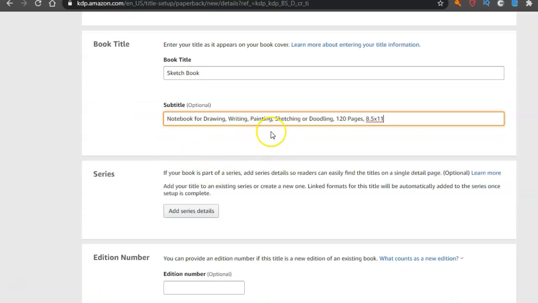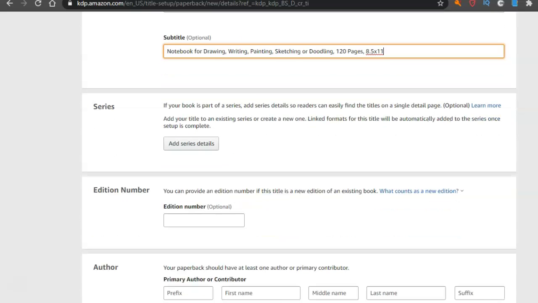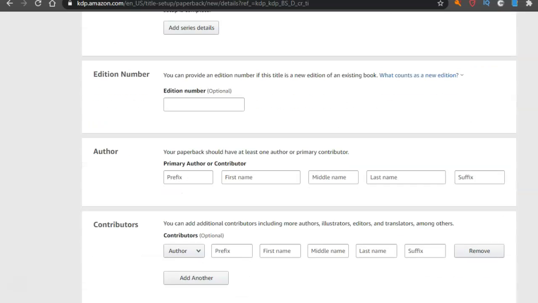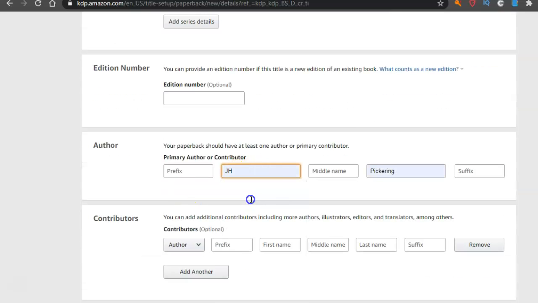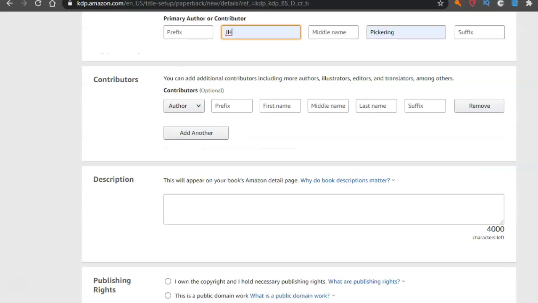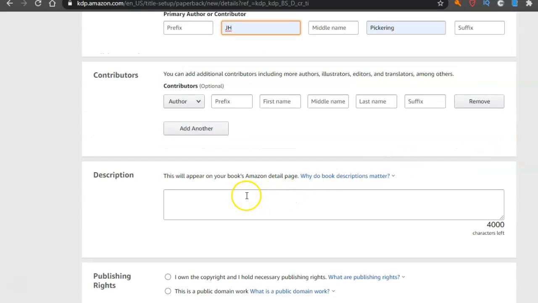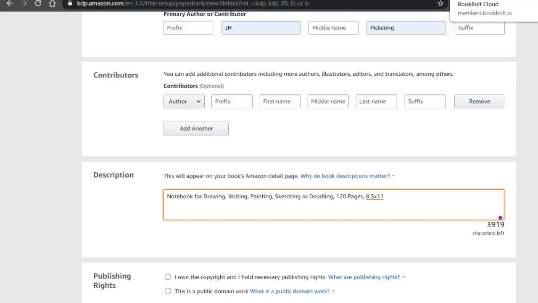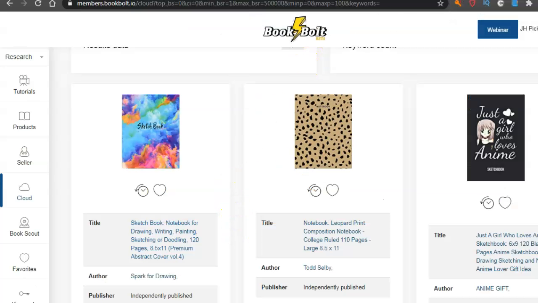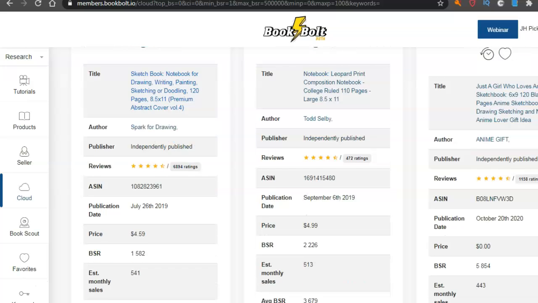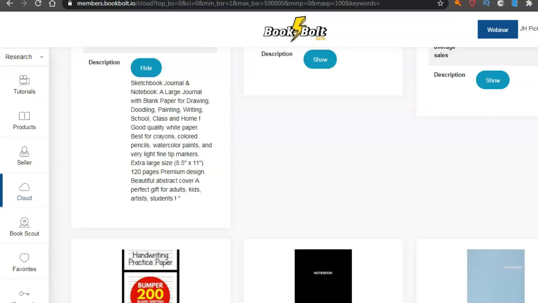Yeah, I like how it's for drawing, writing, you know, they're covering all the bases. So those are keywords too. You want to put keywords in. Now, author. Here we go. Description. Let me have a look. Let me have a look. Let's have a look. Because that one there's a top seller, I'm going to